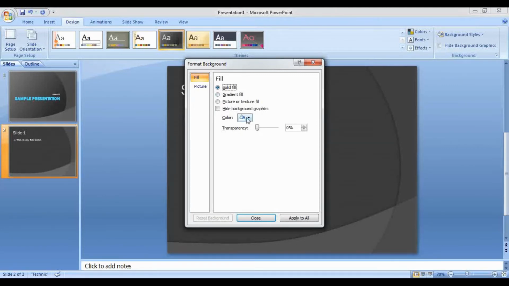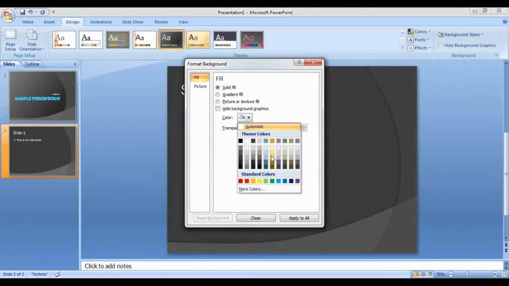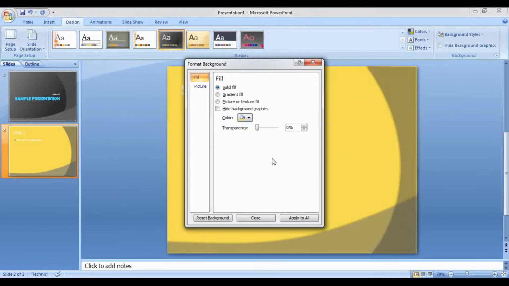First, solid fill. Just click on solid fill and choose the color which you want to fill in the background. Once you have done that, just close it. Now children, there are two options here, close and apply to all. If you close, this will be applied to only this particular slide. But if you click on apply to all, the same color will be applied to all the slides.